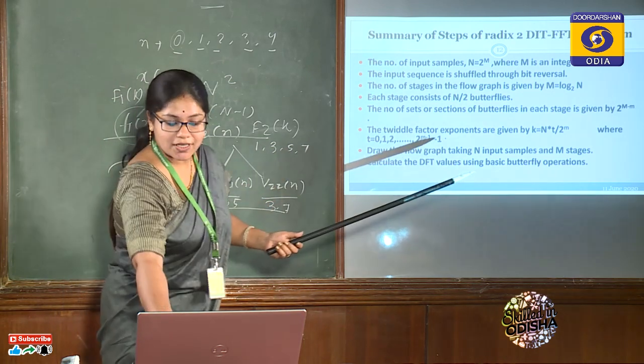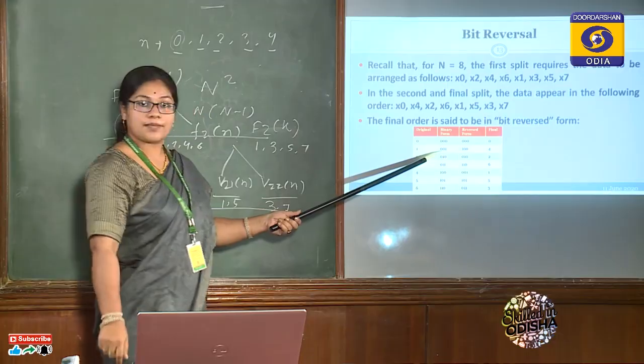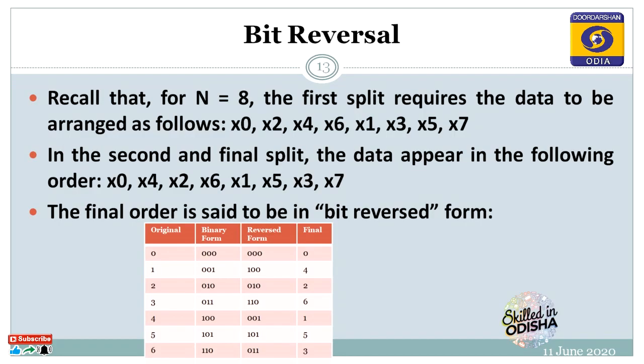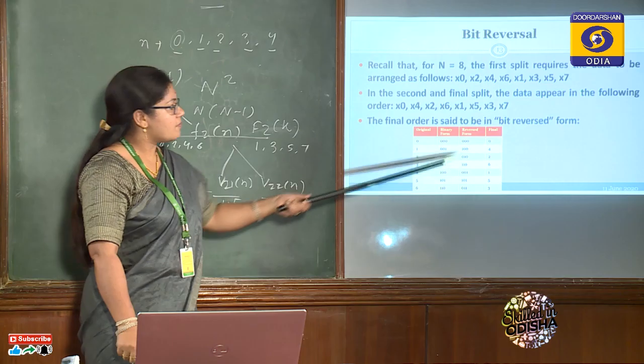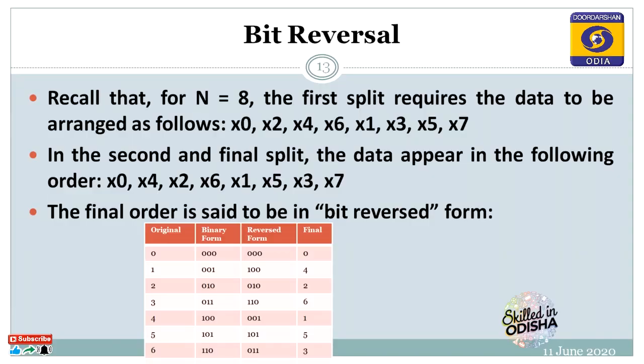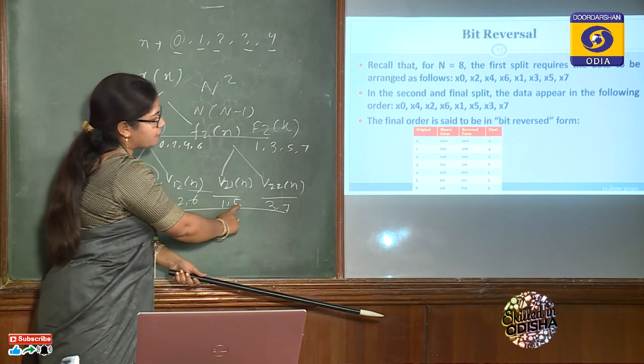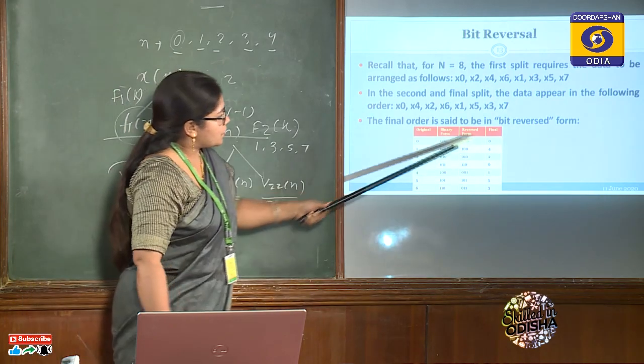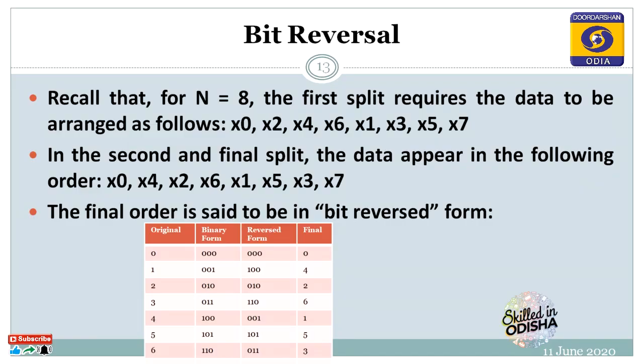So this is actually bit reversal. Now look at this table. So this is the normal order written in binary form. Now finally we are reversing, because we are taking, now you look at this, 0 4, then 2 6, then 1 5, then 3 7. So 0 bit reverse. So we have to take 1 is bit reverse to 4, 2 is like this, so we can get.